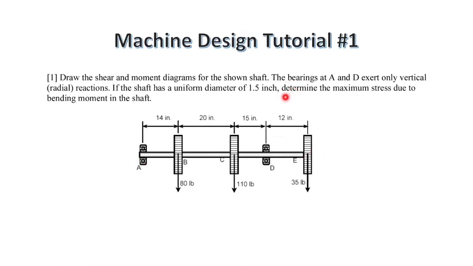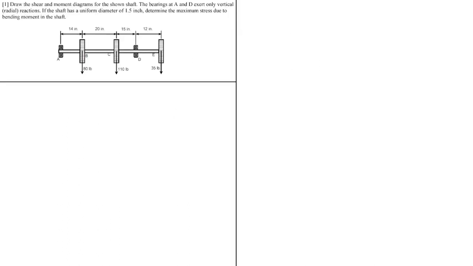The other thing that they have asked us to do is to draw the shear and moment diagram for the following shaft, and to determine the maximum stress due to the bending moment in the shaft. So let's start by writing down what is given. Given the diameter of the shaft, which is equivalent to 1.5 inches,